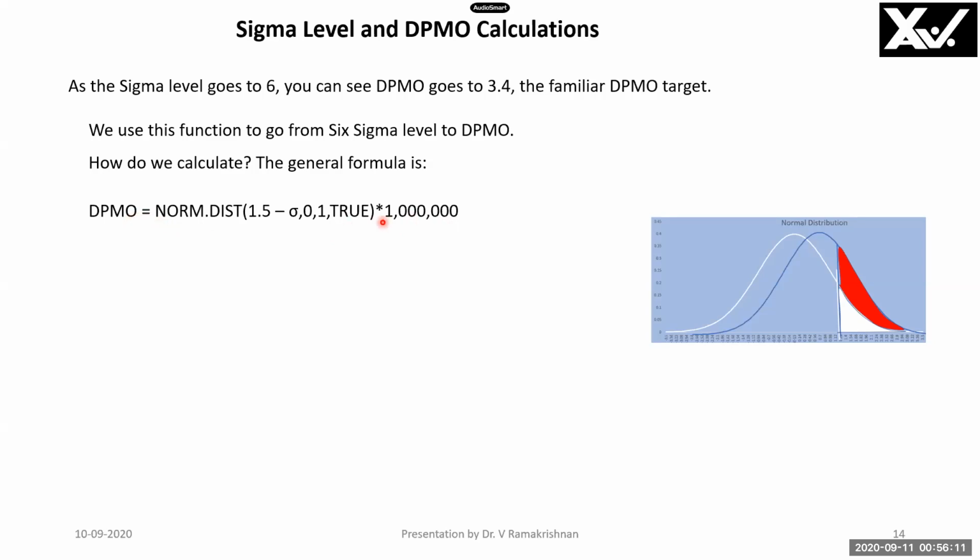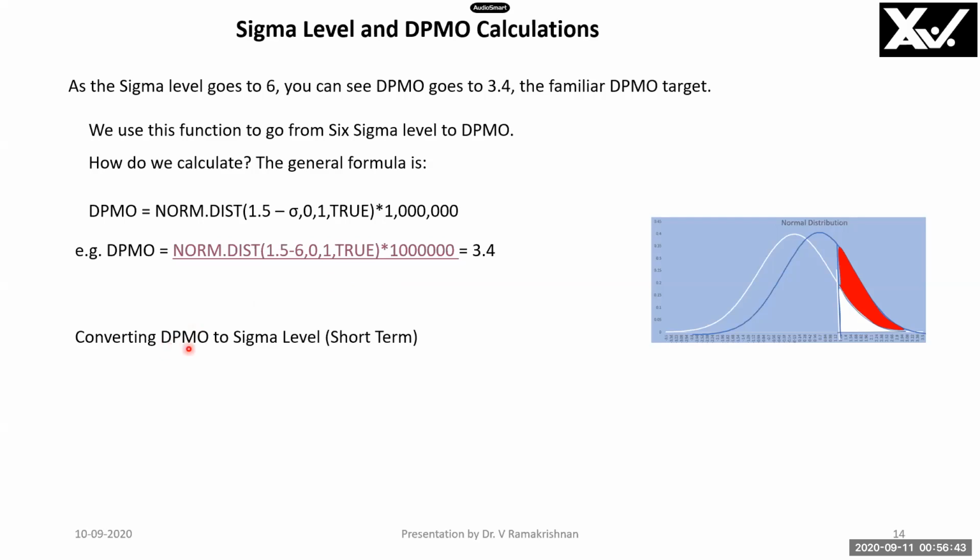Why I'm taking the area to the left is because this is the negative side. So when it is on the negative side, the area to the left gives the defects. Since this is a symmetric curve, area to the right or area to the left will be the same, right? But for the area to the right, you'll have to calculate by subtracting from the total area. Here, the defect area is given directly on the left-hand side. That is why we are using that same formula. There is no subtraction from one and all, right? So DPMO is equal to, we can use this formula.